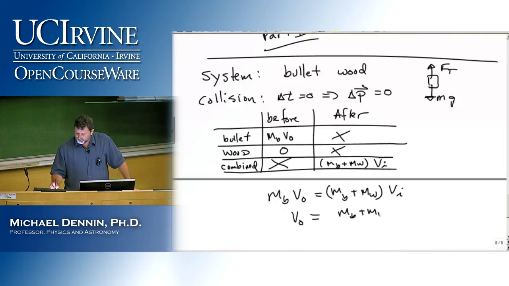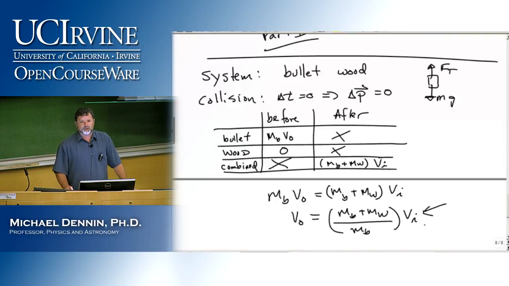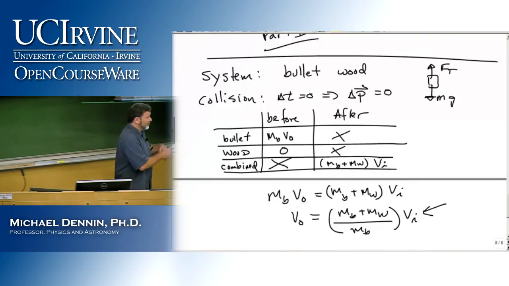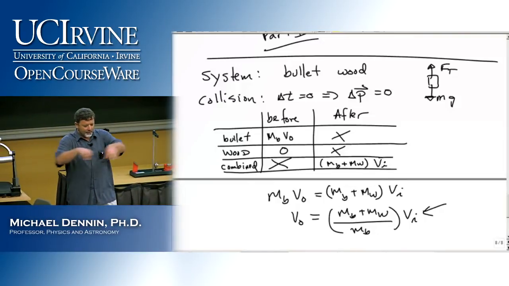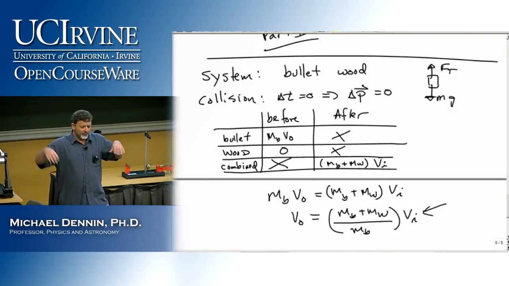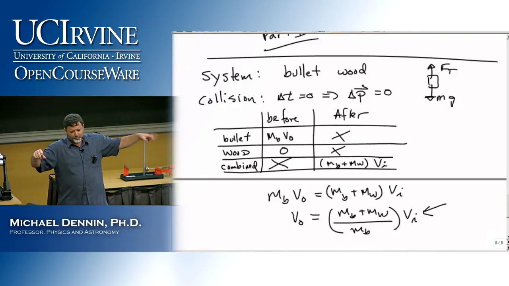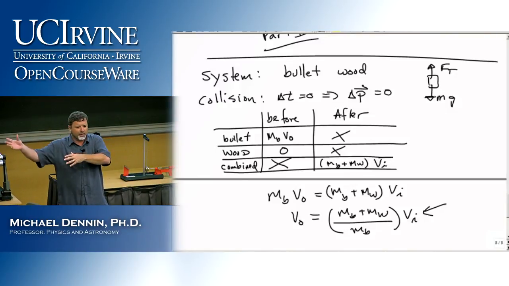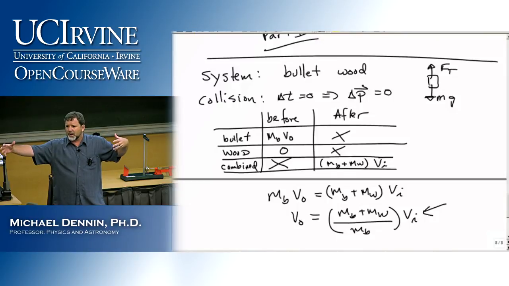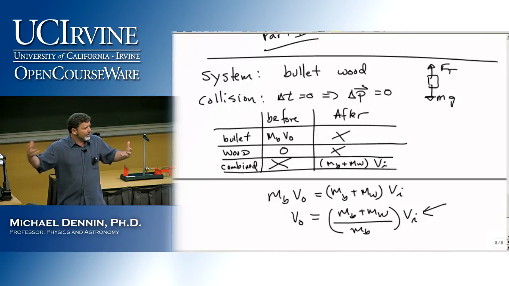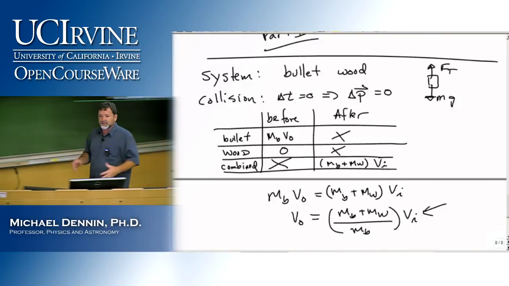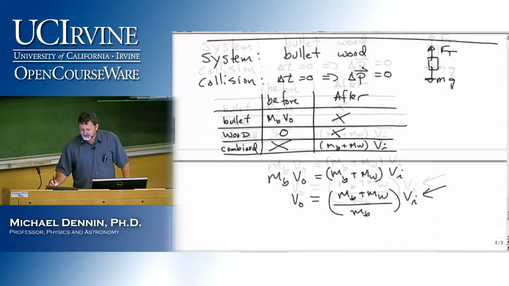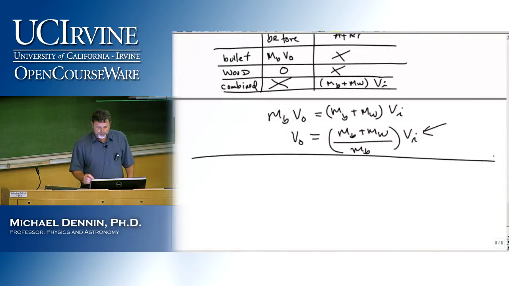Now notice, there will be some problems you do where you are given that and now you're done. Right? If you have just a simple collision, 2 things collided, like 2 cars are driving along and they hit each other head on and they stick together, and this one was initially going 50 miles an hour and this one was initially going 30 miles an hour, what's their speed when they're done? You would have enough information to solve that problem because you have only one unknown and you have your one equation. So a lot of these collisions, if it's just the collision, you'll be done at this point. Unfortunately, it's not just the collision. So for part 2,